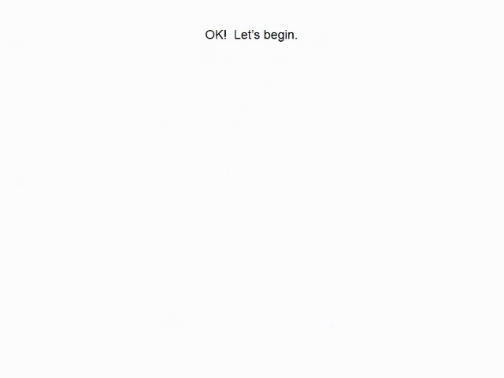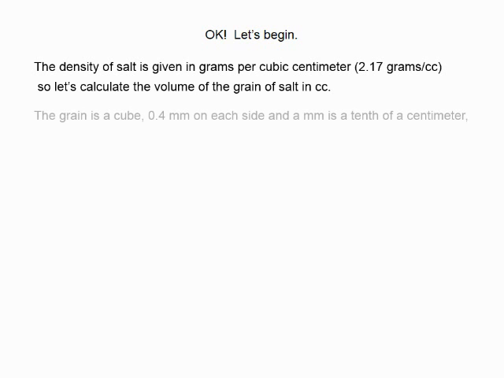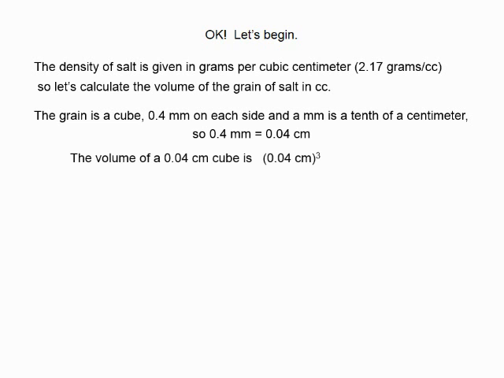Okay, if you're still here, it means you want to see the solution, so let's begin. The density of salt is given in grams per cubic centimeter. So let's calculate the volume of the grain of salt in cubic centimeters. The grain is a cube, 0.4 millimeters on each side, and a millimeter is a tenth of a centimeter. So 0.4 millimeters is equal to 0.04 centimeters. The volume of a 0.04 centimeter cube is 0.04 centimeters cubed, which is